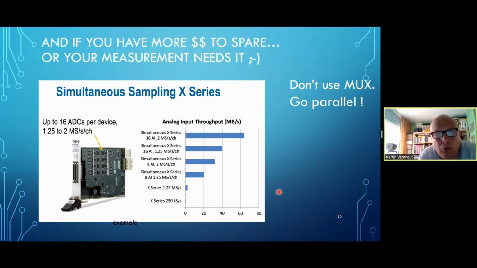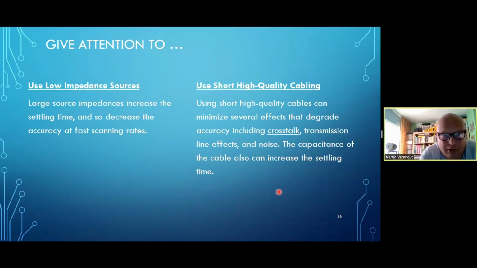And there are also boards which have multiple analog to digital converters for most of the channels. They are called simultaneously sampling. That means they can actually sample at the same time, at the expense of having more ADCs. Good. Pay attention. I told you this was about theory and a lot of things to pay attention to. Use low impedance sources. If possible, make sure your driving circuit on the digitizer is low impedance, so it can drive relatively high currents. Then ghosting goes away, and it also makes the signal a little bit more robust.